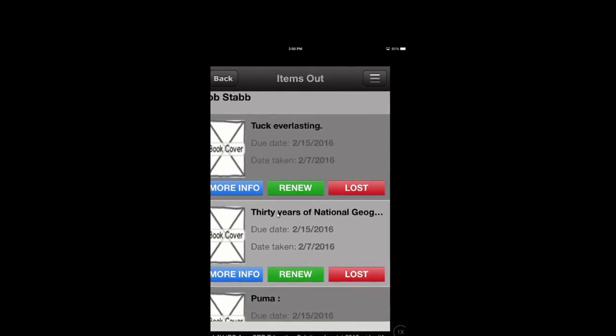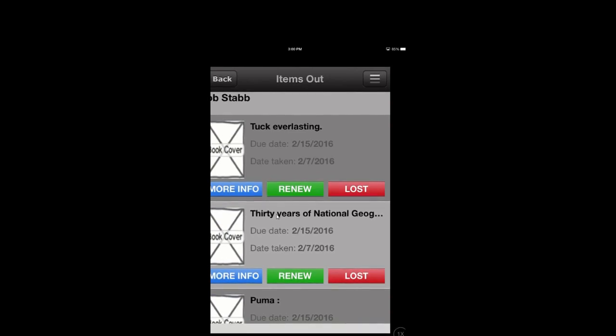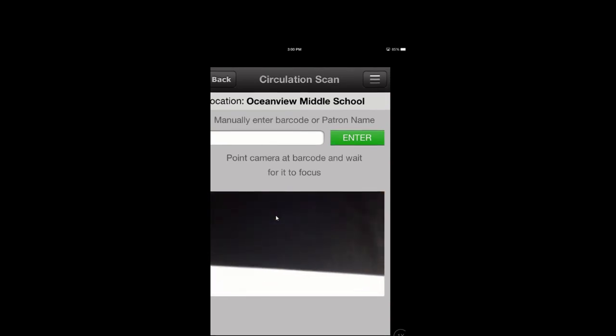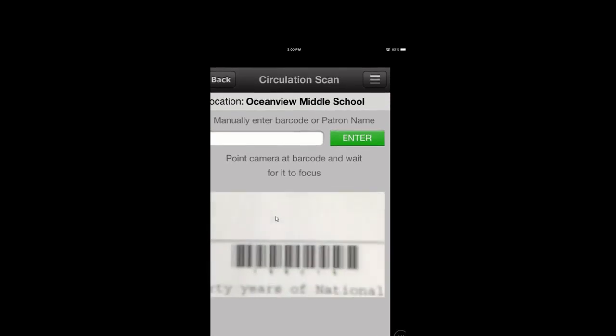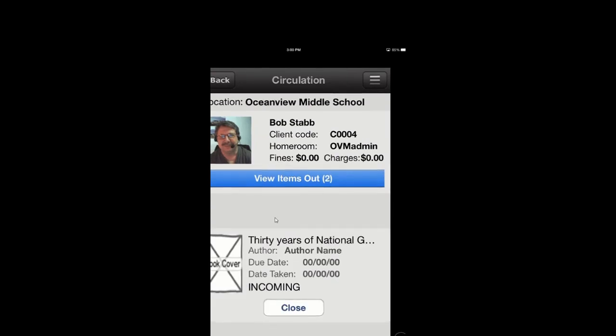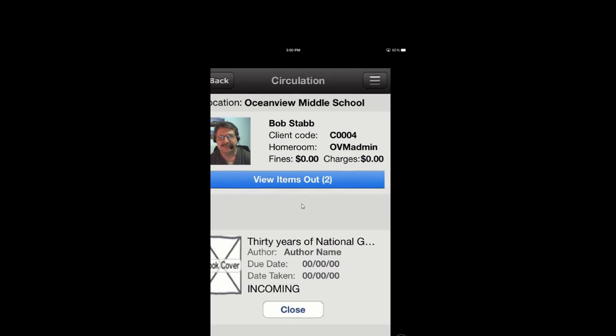Now let's try to circulate some of those items back in. And you see it's incoming, and Bob has two items out. That's it. That's quick and